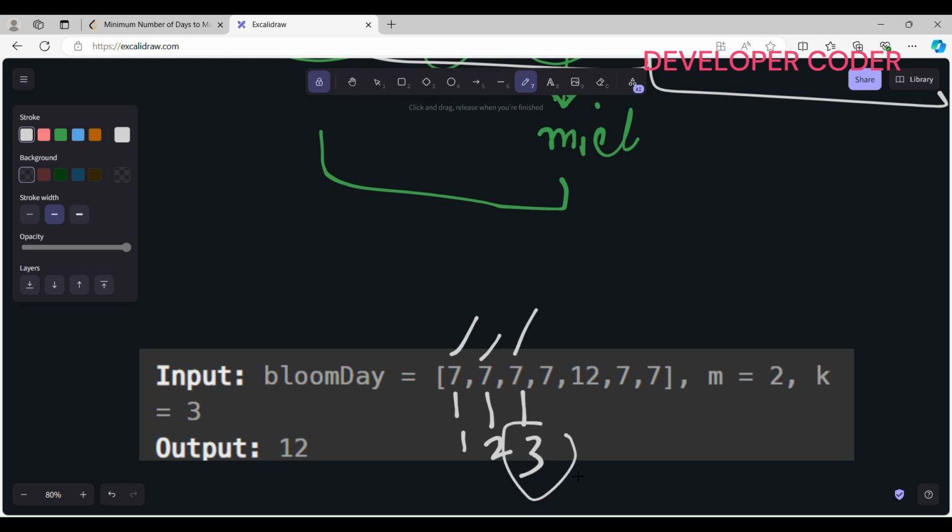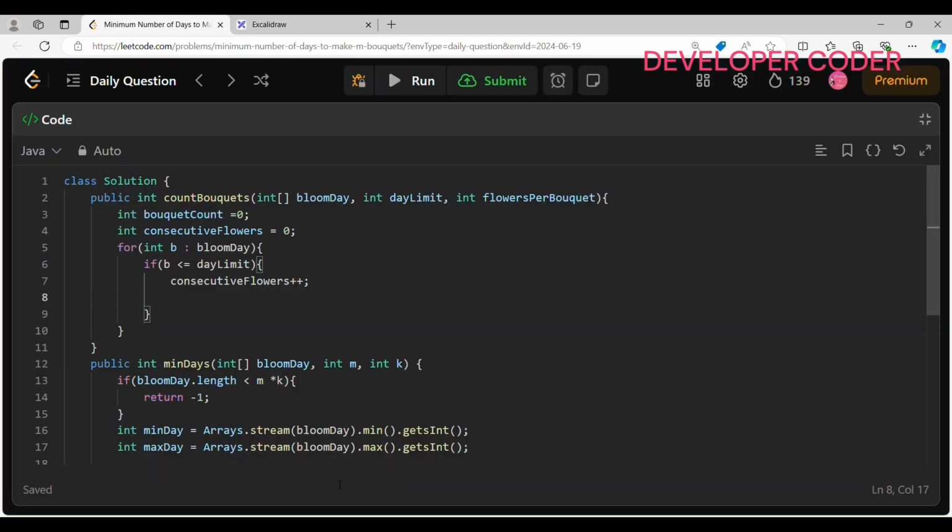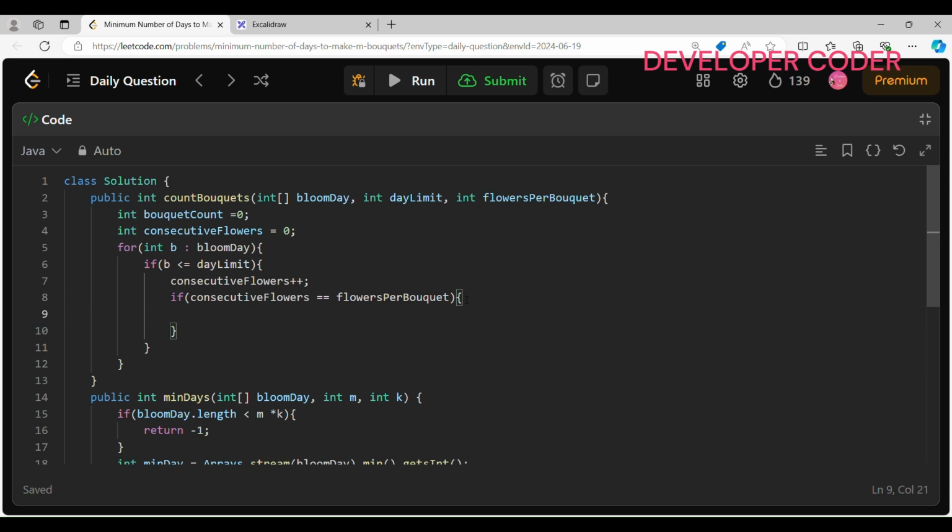Okay, so we need k equal to 3 adjacent flowers, right? If this is the case, then I have to put all these 3 flowers in one bouquet. So here I am going to write the same thing. If consecutive flowers is equal to my flowers per bouquet, that is my k value, then in that case I have to increment